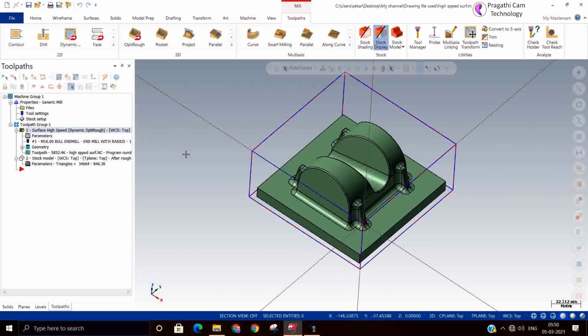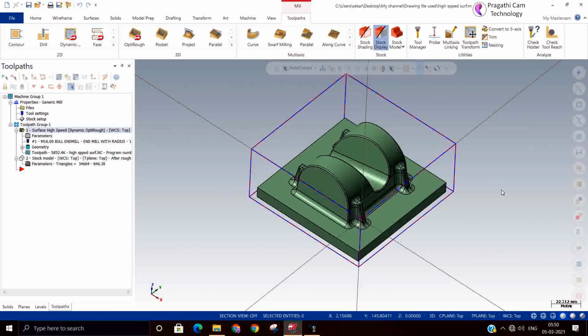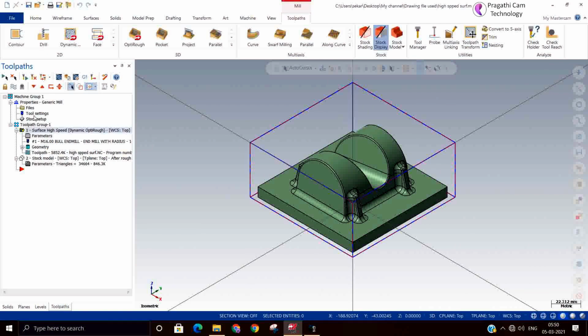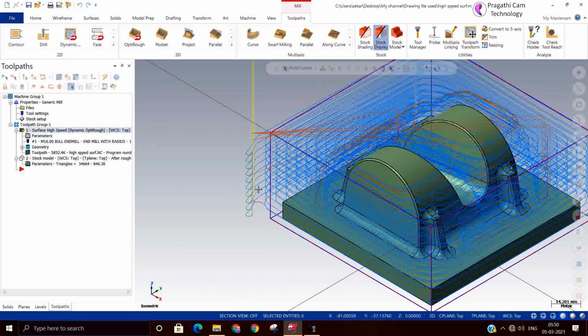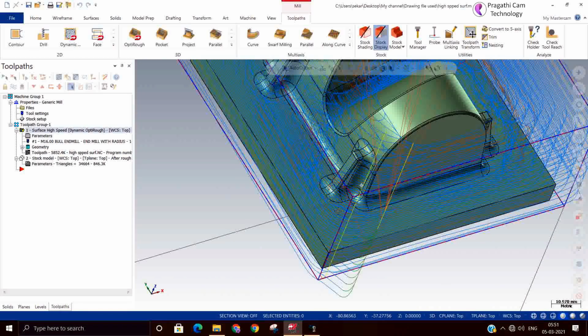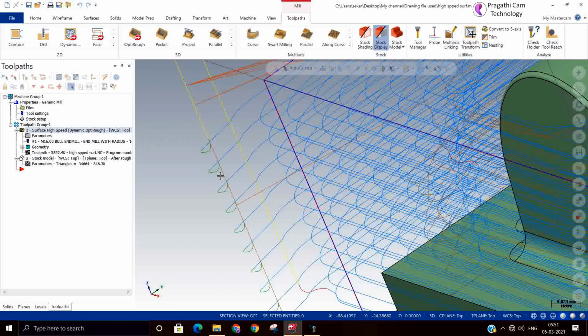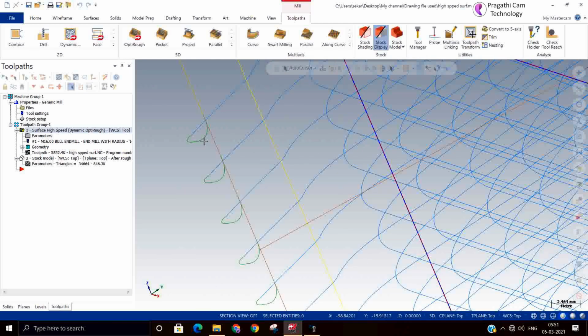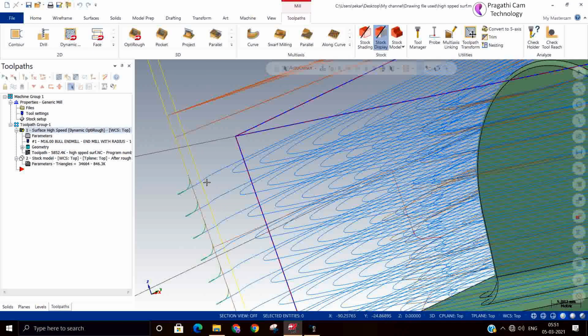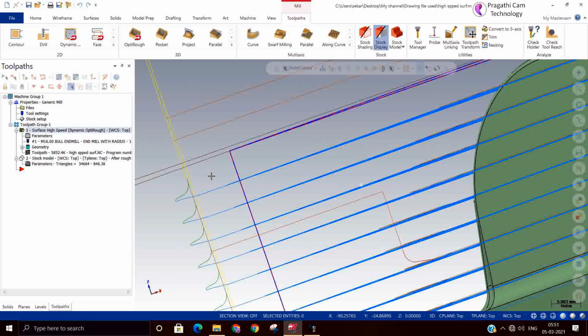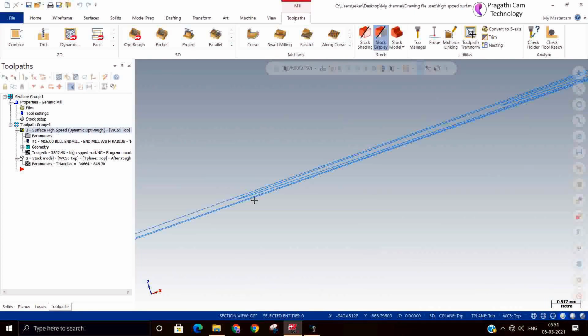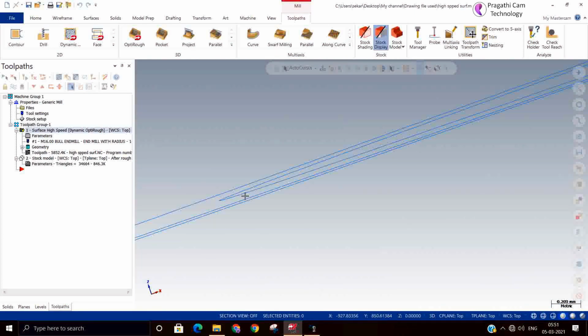You just see how the entry is happening. This is our entry. In 2D you have seen it enters in XY only, but here you can see ZX or ZY. It will enter in ZX or ZY. You can see this minimum left, minimum bottom left, a small left will be there that will break your chips.